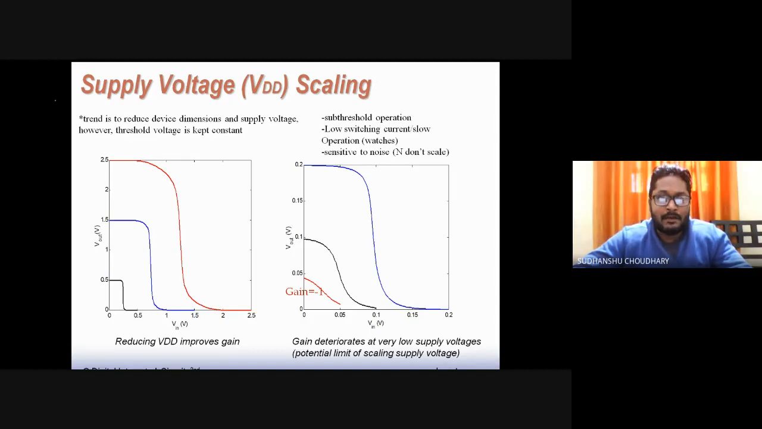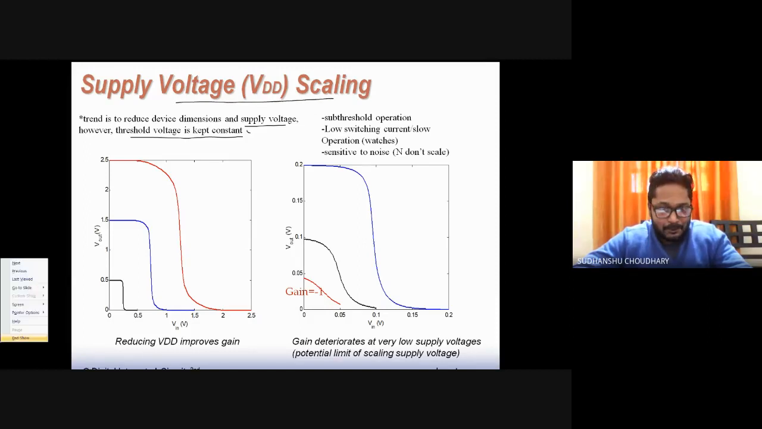Now, when scaling of device dimensions is done, at the same time, supply voltage scaling is also done. Yeah, so with device dimensions, supply voltage also scales. However, threshold voltage does not change with scaling. It is kept constant. Okay. So what is the effect of this supply voltage scaling, VDD? Okay. So the effect is that, let us say that the supply voltage is 2.5 volt